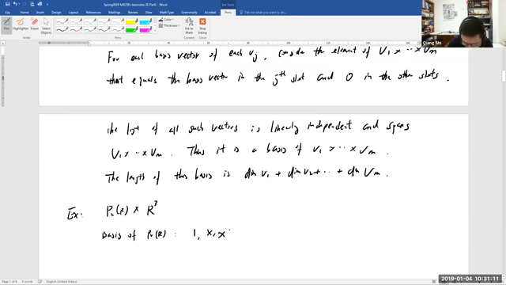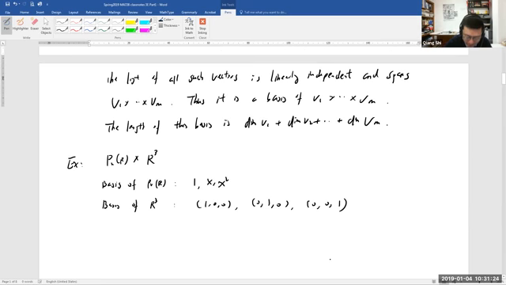And then the basis of R3: 1, 0, 0; 0, 1, 0; 0, 0, 1. And then the basis of the product will be, if we follow the proof,